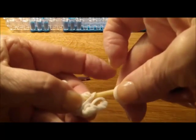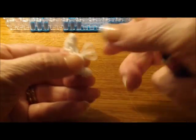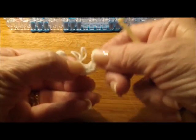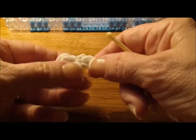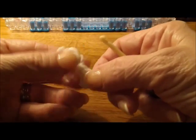Grab the other set, pull it through into a slip knot. Pull it good and tight. There's your bird's tail. Nice and tight. Looking pretty good there. All right. Now all we have to do is put the head on. Okay, turn the bird around to the front